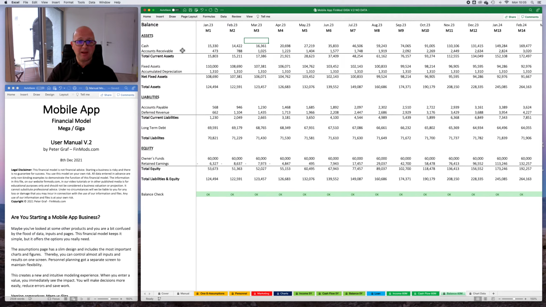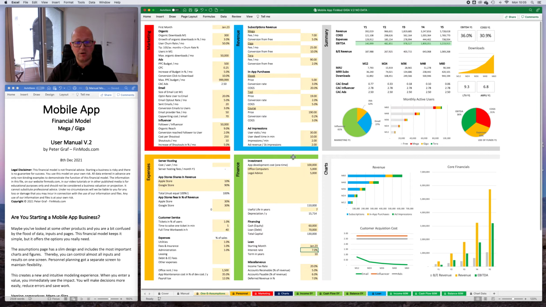And the cash balance, here we see the cash balance for every month looks good, is positive. So as we planned, our mobile app business with 130k total capital, it seems that we have enough cash to start up this business, at least at the moment. But take care, we have not yet entered